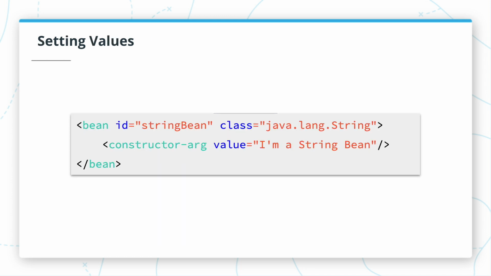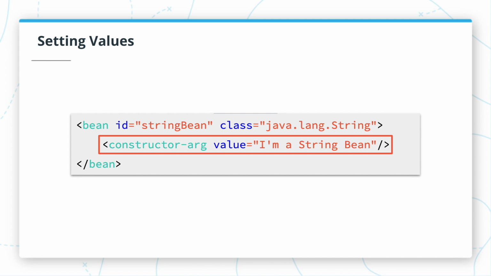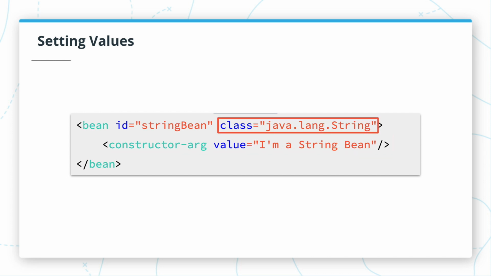Look how we set the value of the string bean with XML. We add a child constructor-arg element to the bean, which has a value attribute, with the value of the string we want to instantiate. There are several different ways to inject data into a bean, but one of the simplest is through its constructor. Spring is able to use the class attribute of a bean element to call a constructor that matches its constructor-arg elements. This ends up being entirely the same as how our @Component annotated classes work. Spring sees the class as a bean candidate and instantiates it by calling its constructor with the dependencies we've configured.